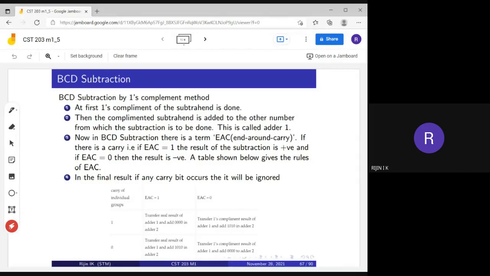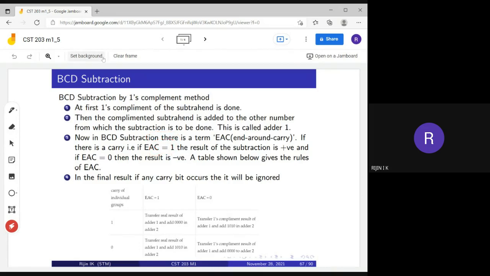Then after the addition, if there is an end around carry, the result is a positive number. If there is no end around carry, then the result is a negative number. Then after the addition, you need to perform the next operations based on the value of the end around carry.